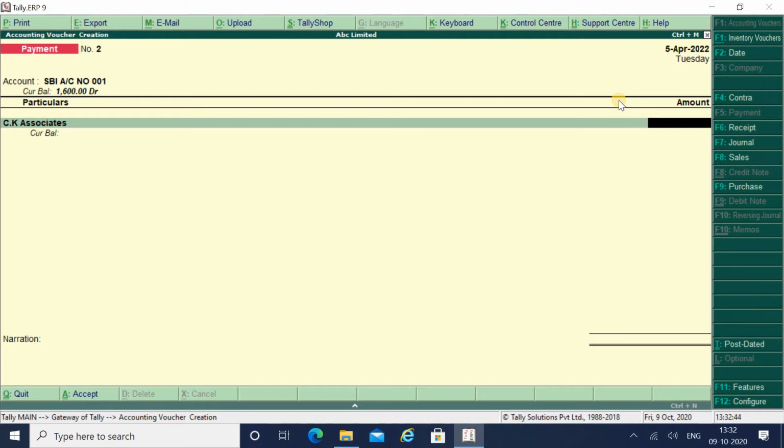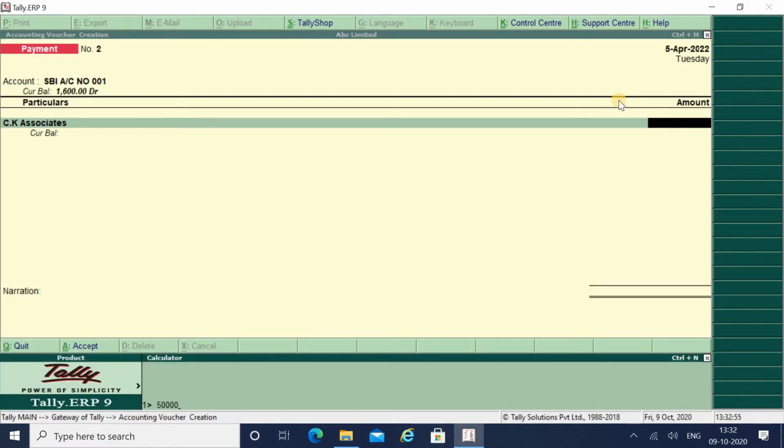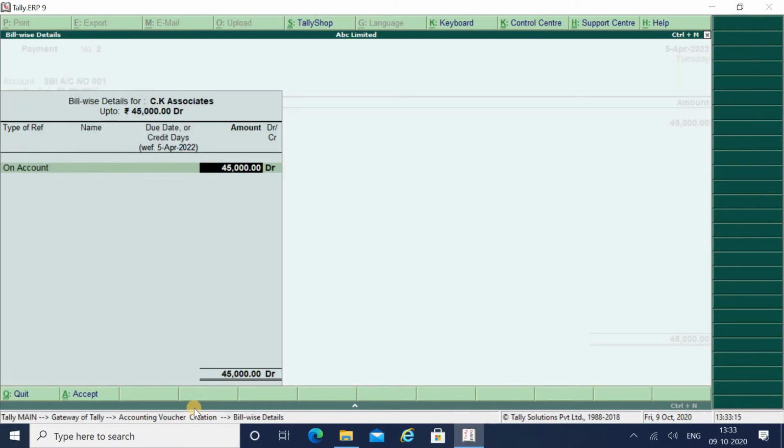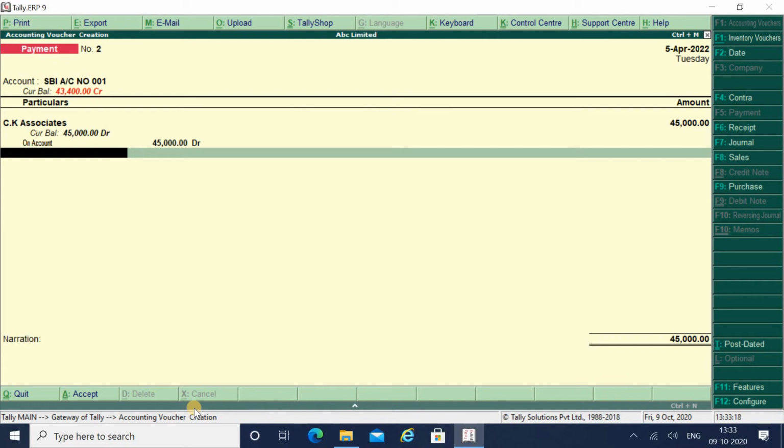We will not make a payment of 50,000, but we have to deduct the TDS on this 50,000 and the remaining amount we shall pay to him. How should it be calculated? I am typing 50,000 into 10%, which comes to 5,000. I have to deduct 5,000 from his payment. So after deducting 5,000 from 50,000, I have to make a payment of 45,000 to my architect. The payment actually was 50,000, but 5,000 I have deducted in the name of TDS.